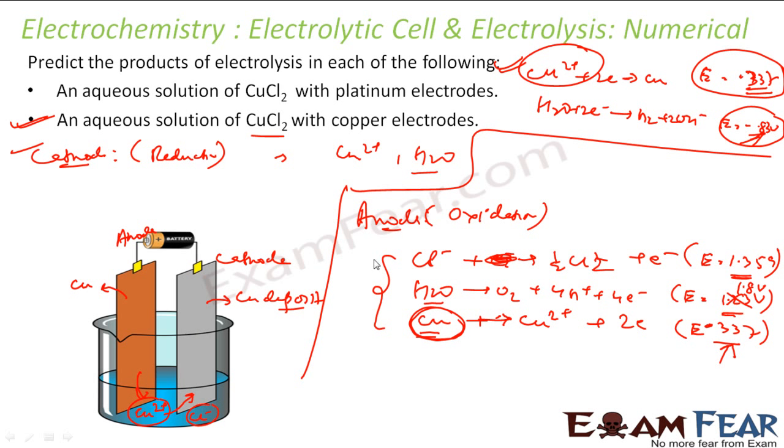Understand why chlorine or water will not get oxidized here? Why copper will get oxidized here? Because with the reduction values, it's pretty easy to see that 0.337 volt of current is required to oxidize copper, 1.8 volt is required to oxidize water, and 1.39 volt is required